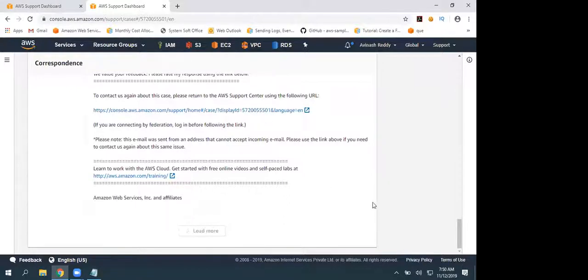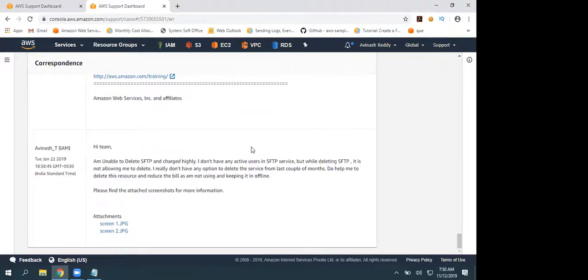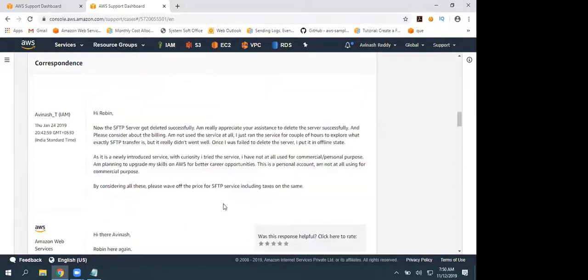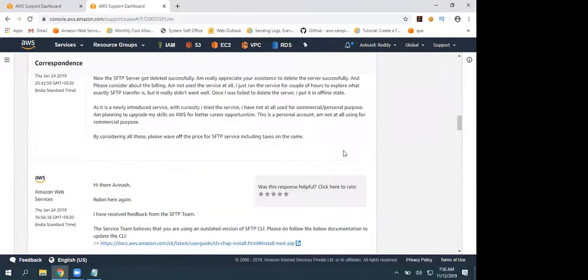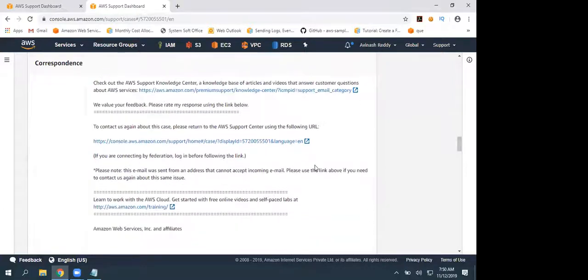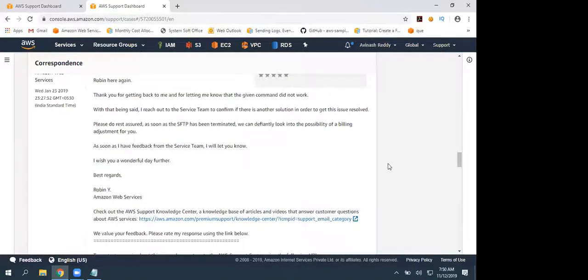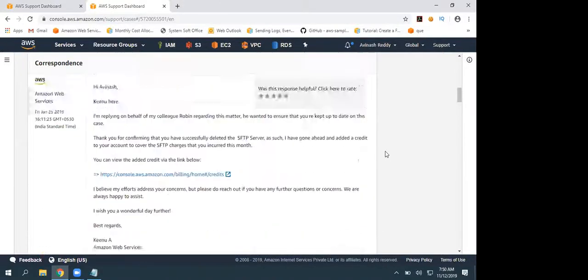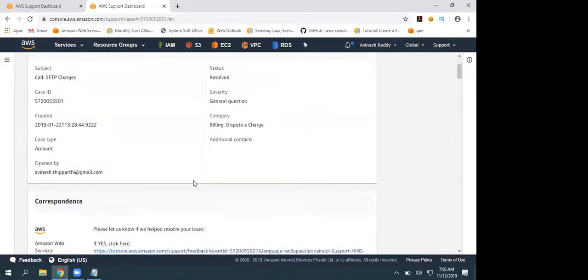They gave some scripts to delete that, and it failed multiple times. Finally, the ticket was closed, and they provided a $170 worth coupon. So I applied that coupon so I can explore some paid services.